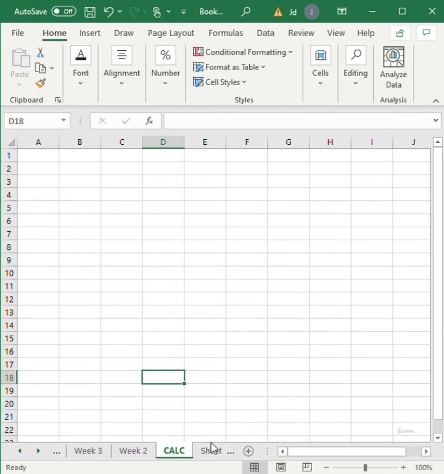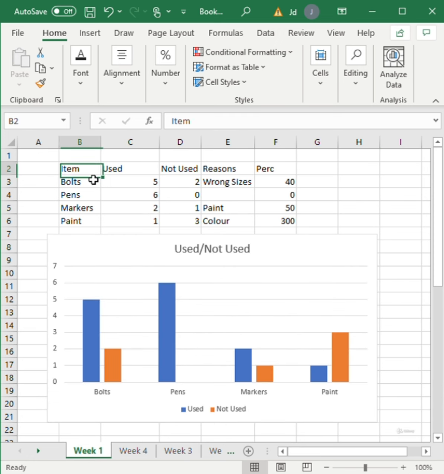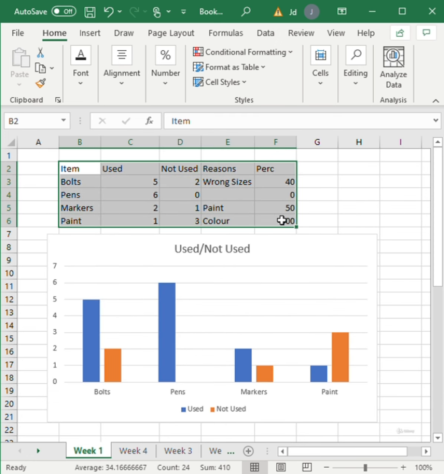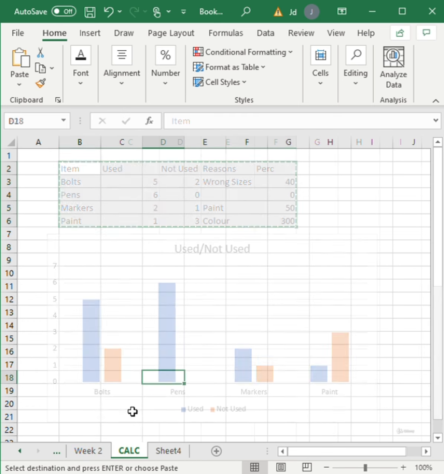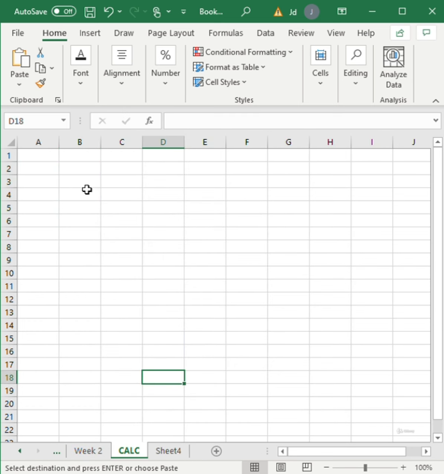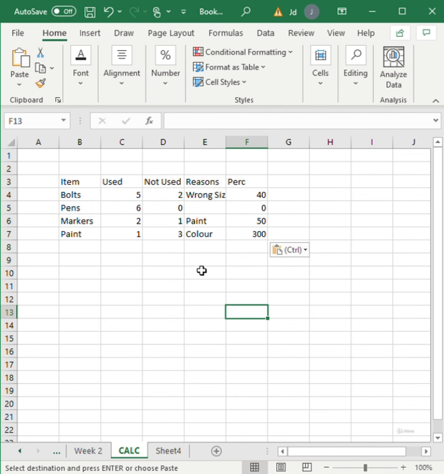And now we can calculate our calculation. What I'd like to do is copy our first week's template, copy it, and then drag it into our calculation sheet. From this, we would have to use an Excel equation. I shall demonstrate this. For our used items, we type in the equation equals